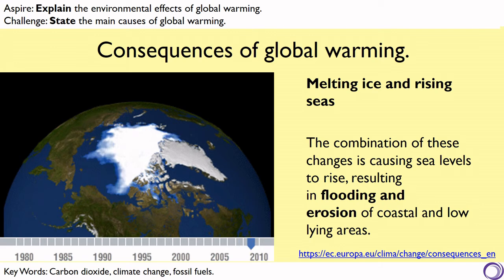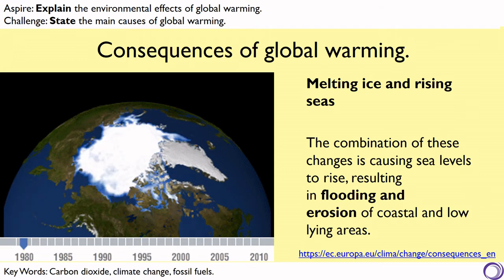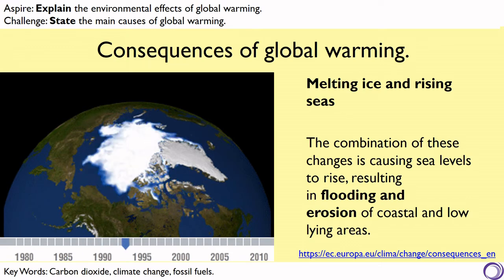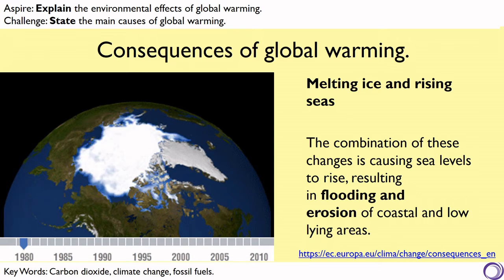And the reason why that's occurring is because as the temperature increases on average on Earth, the ice layers, so our ice caps and our glaciers, have started to melt as it is above the melting point of water. That water then goes into our rivers and lakes and oceans and causes the sea levels and the water levels in those areas to rise.